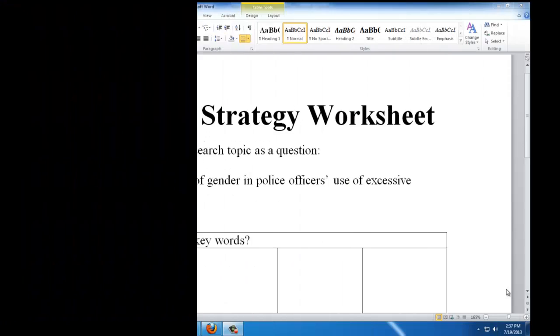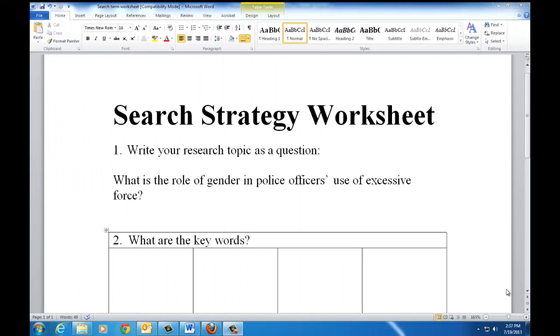Take time to think about your question and write it down. Discuss it with your professor. They'll have good advice about whether your question is too broad or too narrow, and whether it's appropriate for the assignment. Let's use the example of the research question, what is the role of gender in police officers' use of